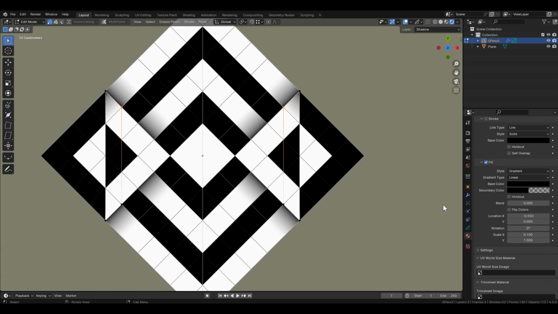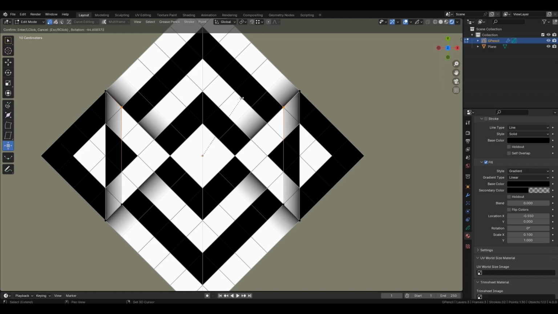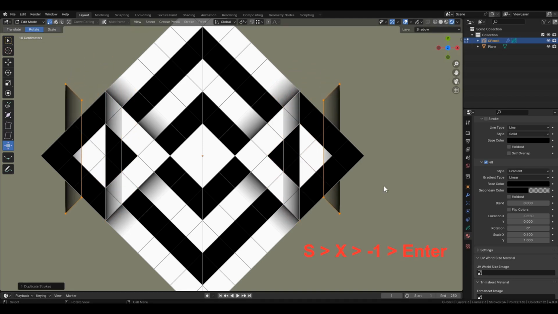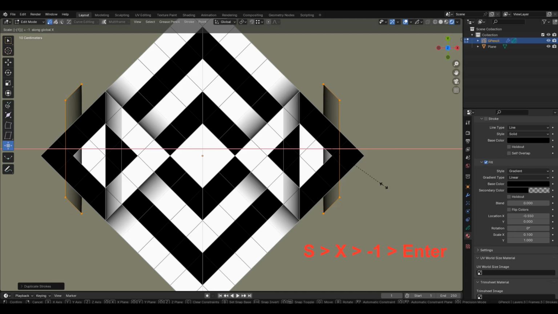Therefore, I suggest adjusting the gradient angle using the Transform Fill tool. Activate the tool, choose Rotation, select the required stroke, and change the rotation angle to -45 degrees. You can do this approximately. The current rotation value can be seen in the toolbar at the top left. The last stroke. Copy the new shadow. Place it to the right. Mirror it along the x-axis using scaling and attach it here.